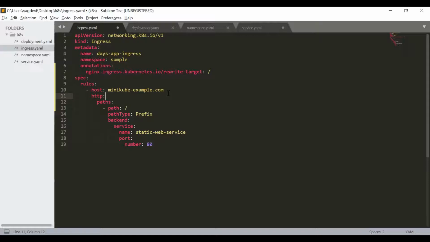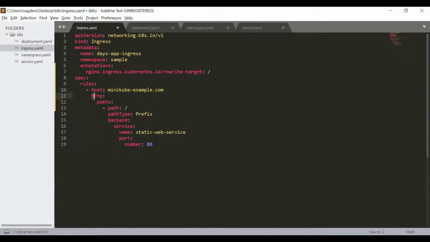So we are just telling that I want to name the host as this particular thing, and later we will map this particular domain name with the IP of the Minikube, so that the server knows when we enter this particular host, it should invoke the Minikube application.